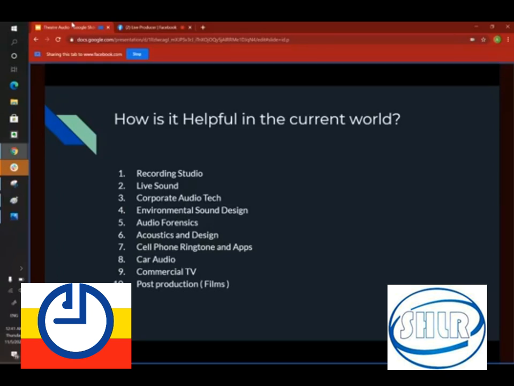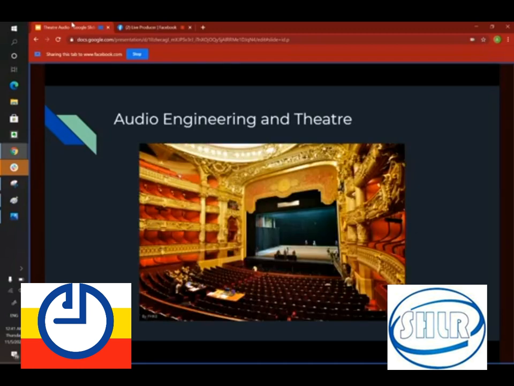So, moving on. We'll start with audio engineering and theater. Many people might have wondered how these two things are related. Architecture, acoustic treatment is a part of audio engineering. When the architects draw out a plan of the building, acoustic engineers are consulted alongside to treat the building with acoustic materials in order to minimize